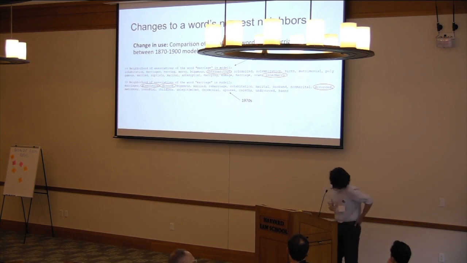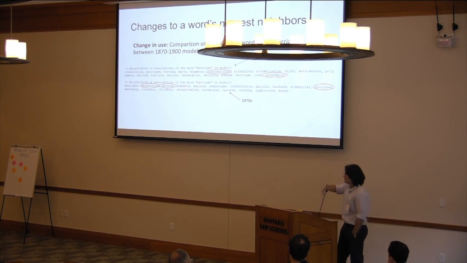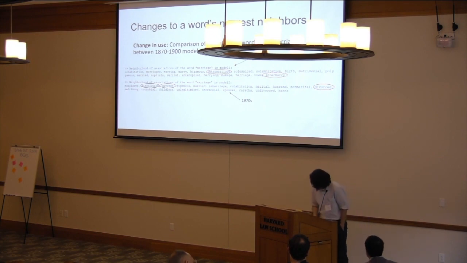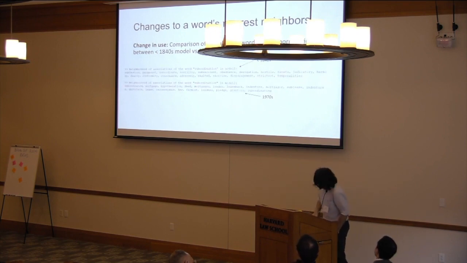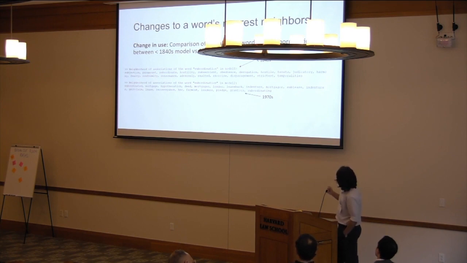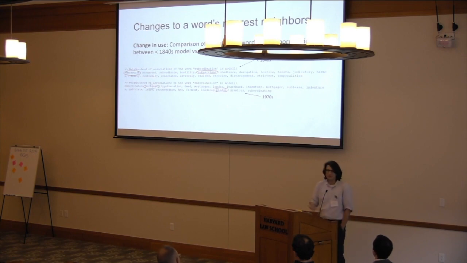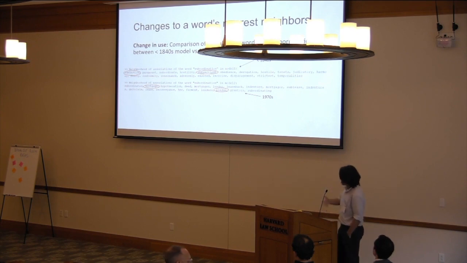In the k-nearest neighborhood. Now, this doesn't mean that the word marriage changed in meaning, right? But applying these ideas of calculations of semantic change over time gives us the idea of the trends that happened over time, right? Final, not really final, but this example of subordination, right? Obviously, back in the day, it used to mean something to do with subjection and so on, right? But nowadays, it's all about mortgages, loans, subordinated debt, and subordination agreements.